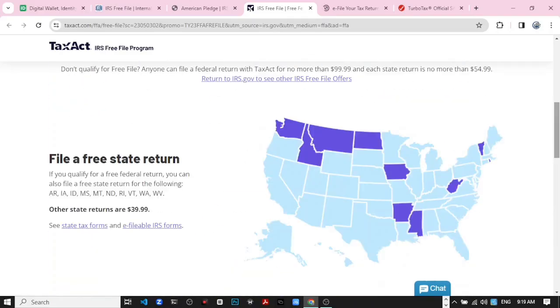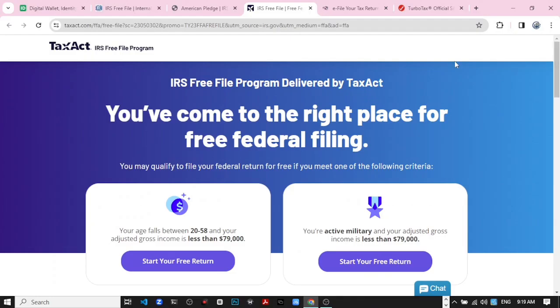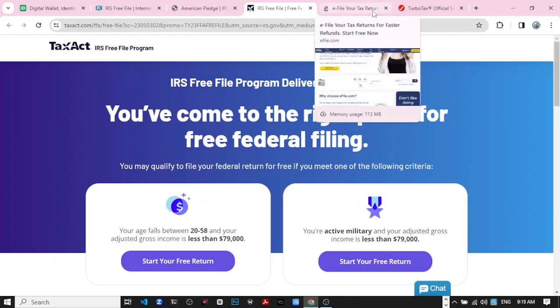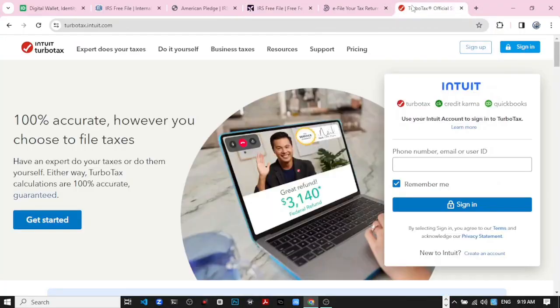Otherwise, you might have to pay to file taxes, or look for someone to do it for you who is a professional. I can also do it for you. You can always DM me with your information. I'll help you with the filing. Then we got